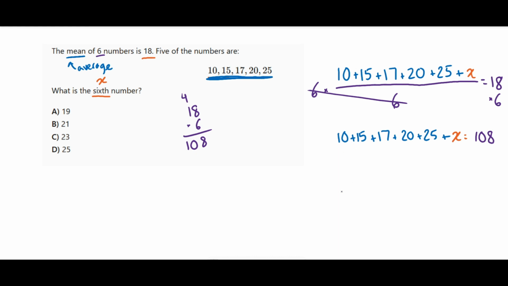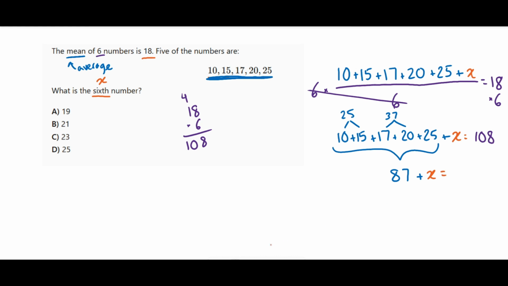And now we could just add up all these, so all of this is going to be equal to, well, let's see, 10 plus 15, this is 25, this is 25. 17 plus 20 is 37, and this is 25. So let's see. 25 plus 25, that's 50 plus 37. 50 plus 37 is 87. So 87 plus x